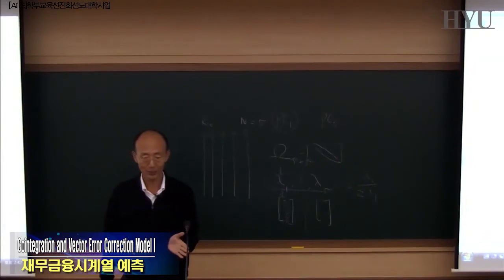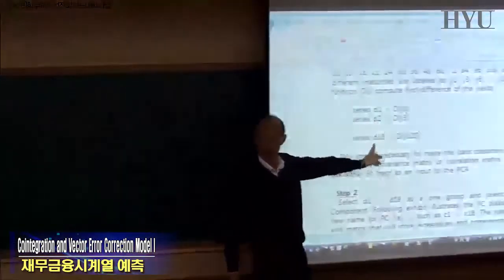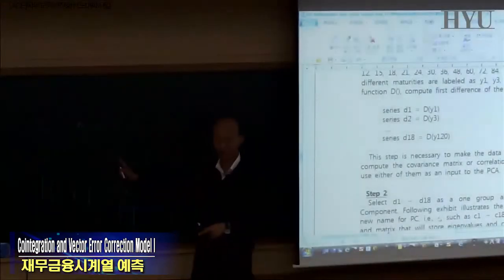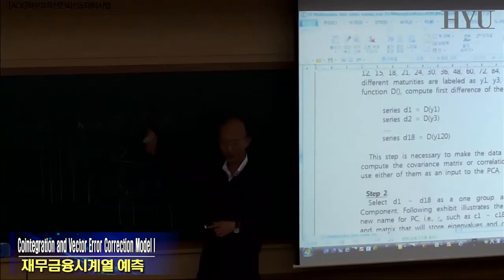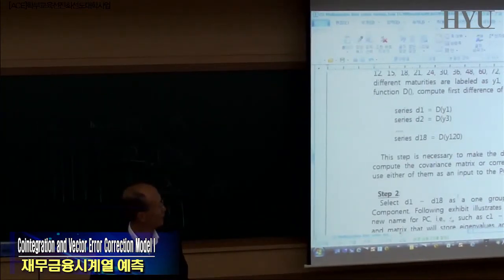So what we did was first take the first difference, and then calculate this and do the rest. And if you pick any maturity, let's say 1 month, 3 months, 120 months, in this case expressed in months, if you pick any series,